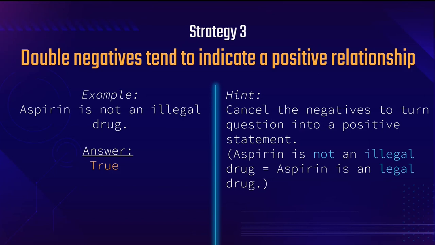Strategy 3. Double negatives tend to indicate a positive relationship. Double negatives, two negative words in a sentence, tend to indicate a positive relationship in standard English usage. Just as in algebra, multiplying two negative numbers equals a positive number. For example,